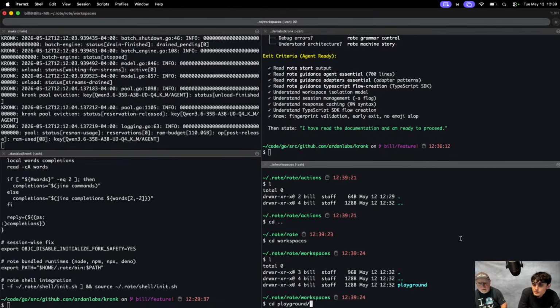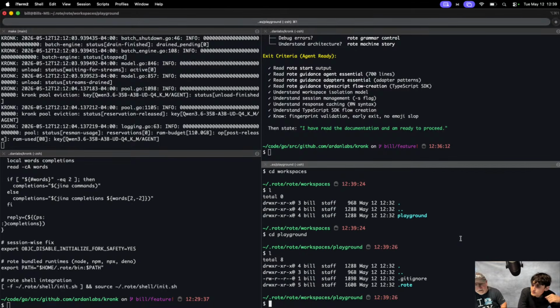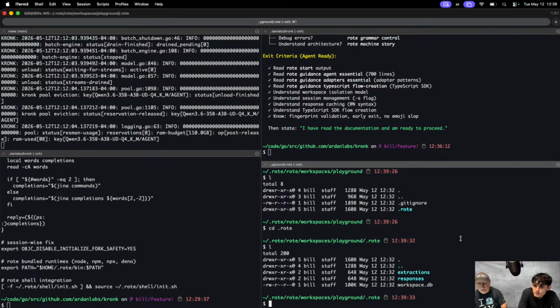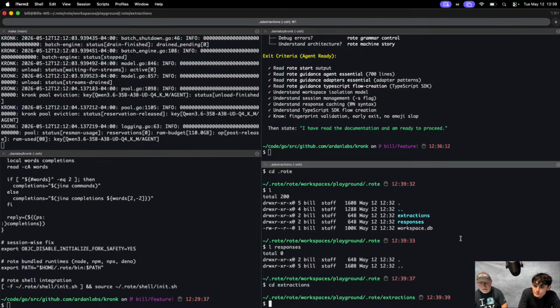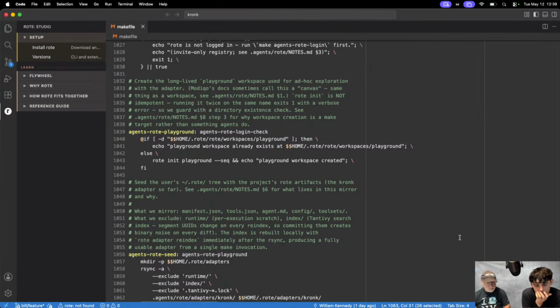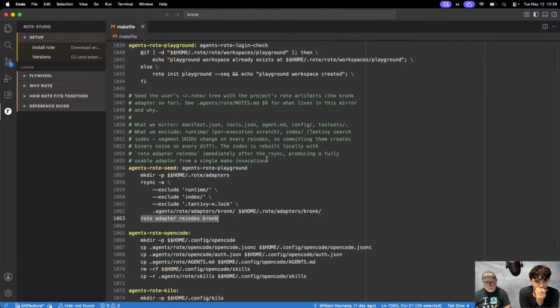Workspaces, and my playground workspace. And then there's another folder called rote, and there's some database. And right now we haven't done anything, so there's no responses, there's no extractions. Okay, so that's how it crystallizes everything. It has a DB in there. So it definitely created all that.